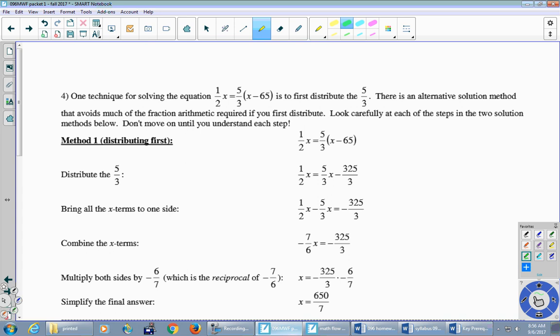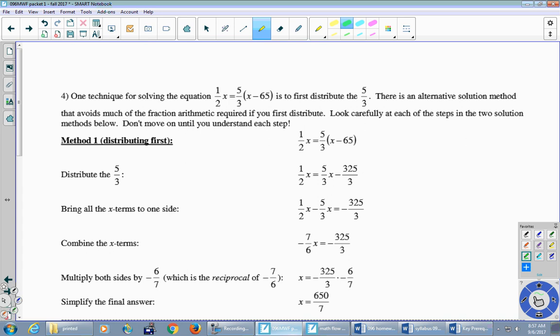All right, and we are going to take a look at solving a quite complicated equation. This one right here at the top. Half x equals 5/3 times (x minus 65). So it turns out there's a couple of different techniques we can use to solve this one. I think one of them is much easier than the other one. So I'm going to encourage you to go with the easier one, but let's take a look at both real